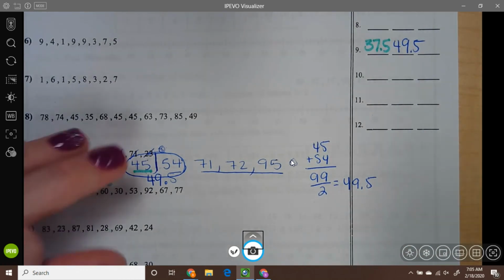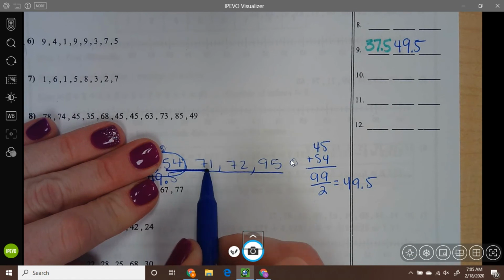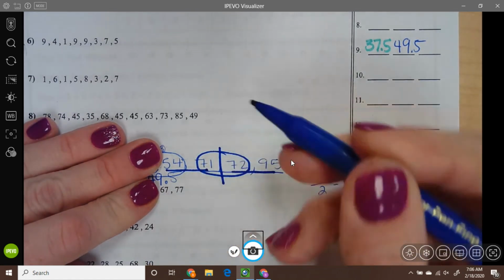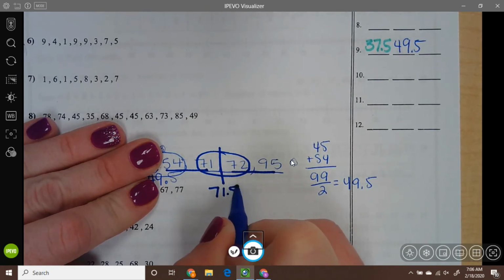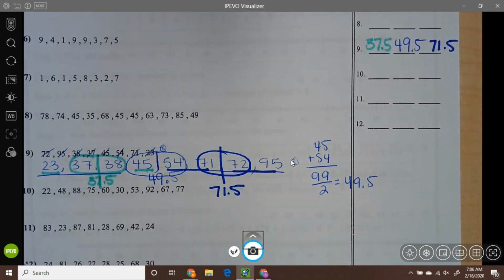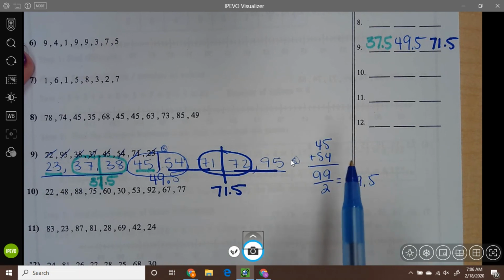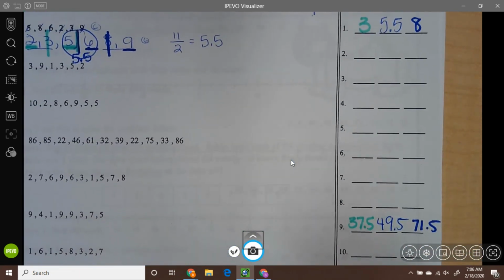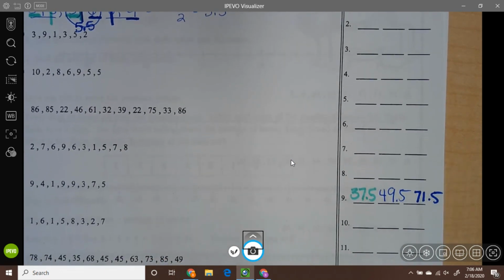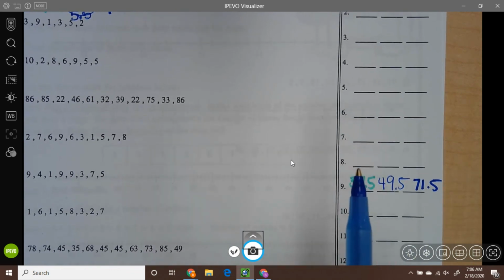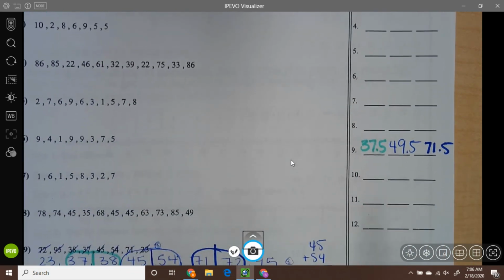And then do the same thing on this side. Halfway between these two would be 71 and a half. Right, so that would be finding quartiles. Obviously, if you have an odd set of data, you're going